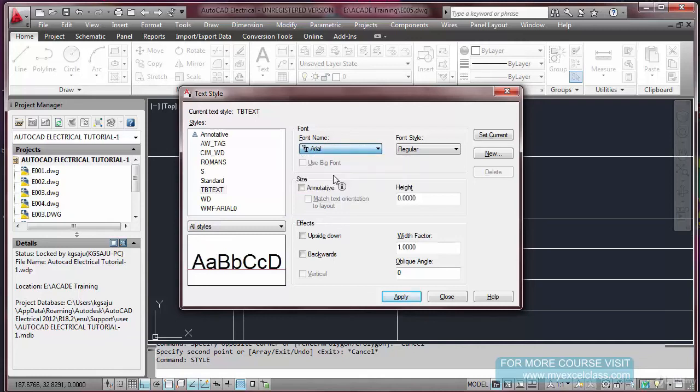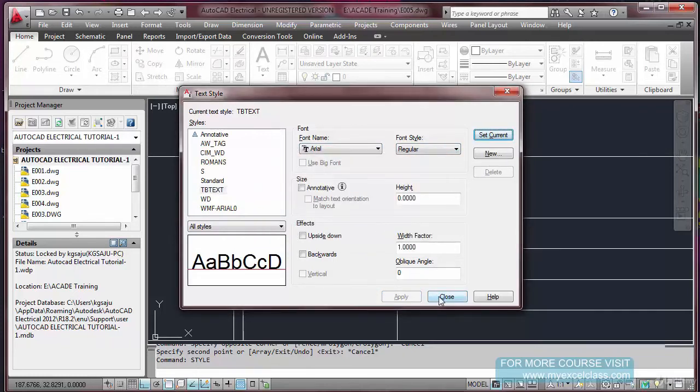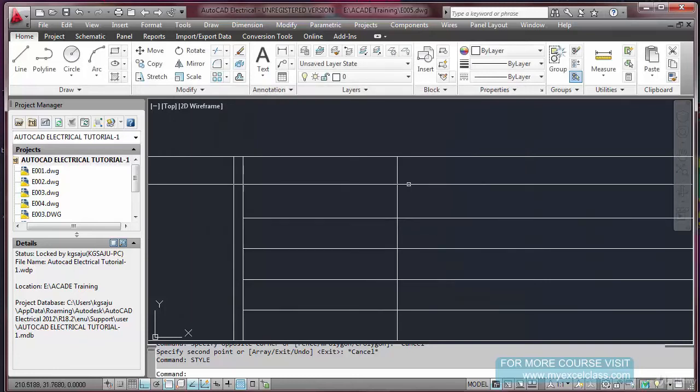Arial, fine. So TB text is my style name, and Arial is the font. I'm going to set it as current. Okay.